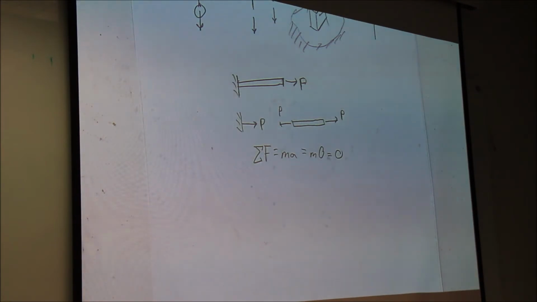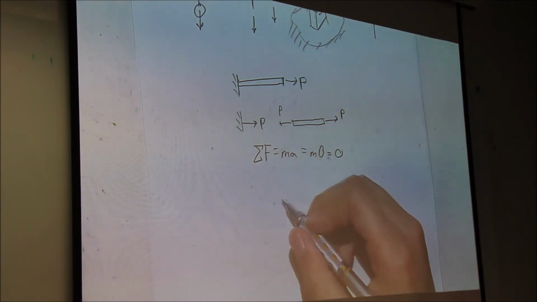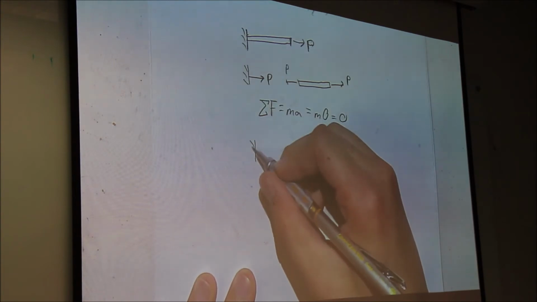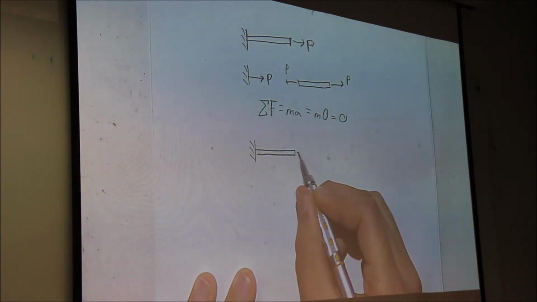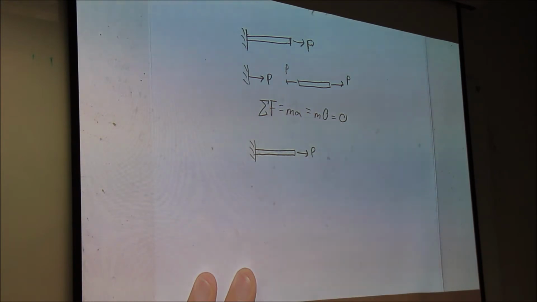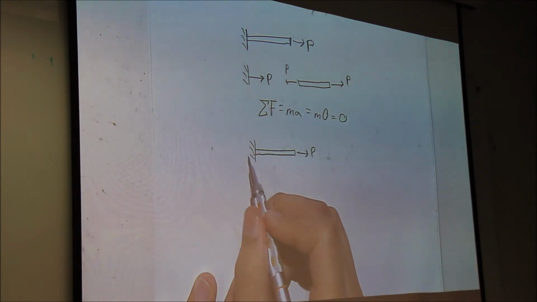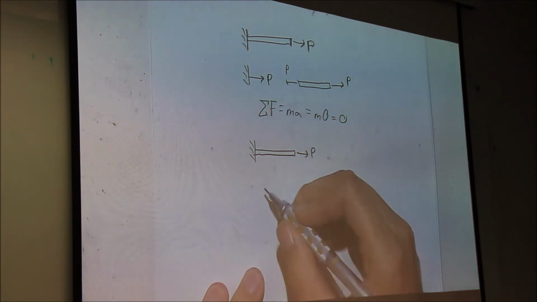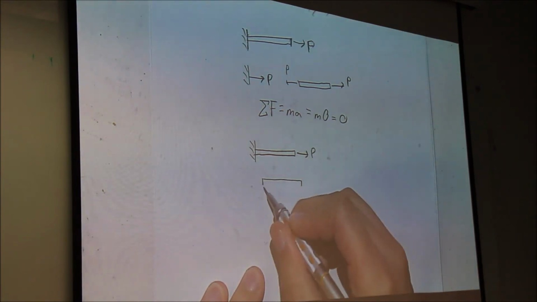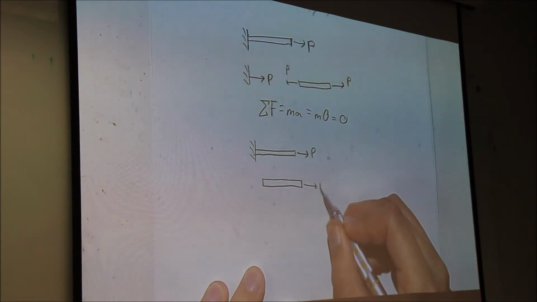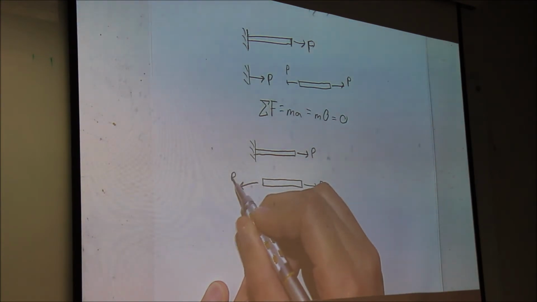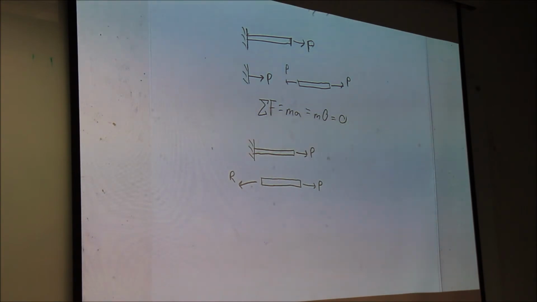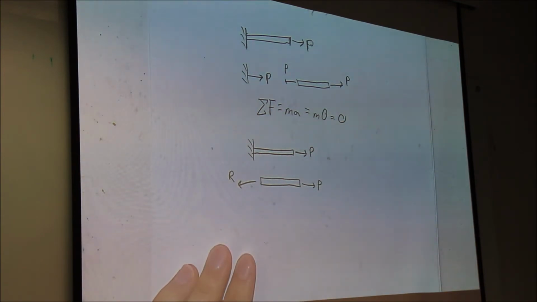So what does this mean? Well, let's look at the problem again, but without making any assumptions. We know that we're going to have some sort of wall, right? It has some sort of beam pulled by some force P. And we think there's going to be some reactionary force at the wall, right? So let's take a free body diagram of the beam. We know that there's going to be some force P, and there's going to be some reactionary force. Let's say we don't know what it is. Let's say we're an alien and we've never seen math or physics before, and somehow we've made it to Earth. And so some reaction force R, how do we know what R is?